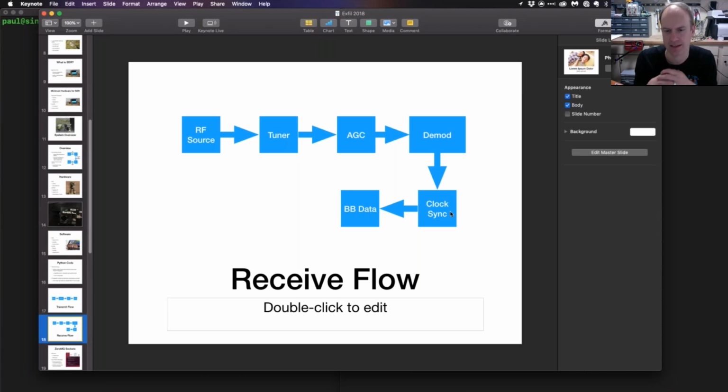Figuring that out is really the heart of clock synchronization. There are blocks that can help with that and implement that, and so that's another layer of the software stack on the receive side. Once you've got that figured out, there's a little bit of baseband data processing, like error checking, to determine whether or not you've got a decent payload based on the error checking result. So this is the 1,000-foot view of the receive software.